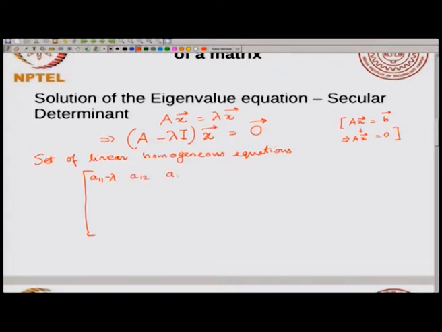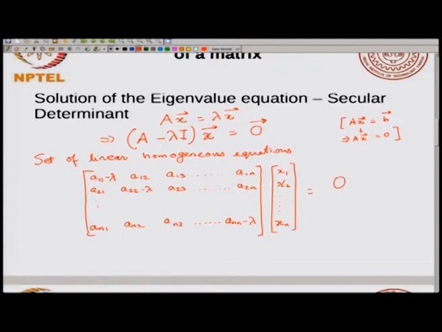So, it will be A12, A13 and so on up to A1n if it is an n by n matrix, and so on. So you have A21, then A22 minus lambda, A23, A2n, and AN1, AN2, AN3, ANn minus lambda. Okay. So this is a matrix, and this is multiplied by x. X is a vector, I will just give it some coefficients x1, x2 up to xn,